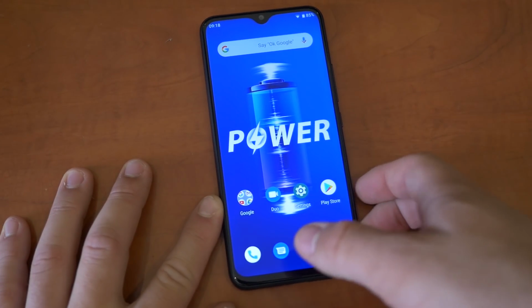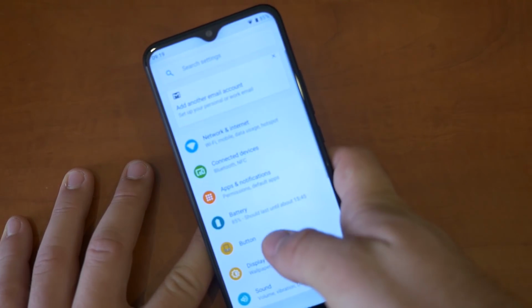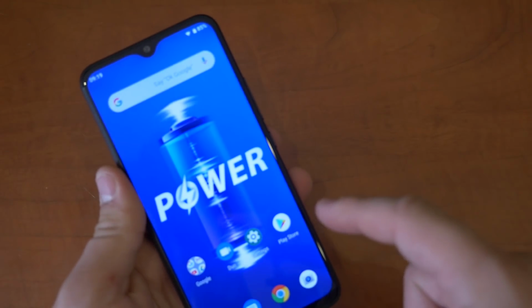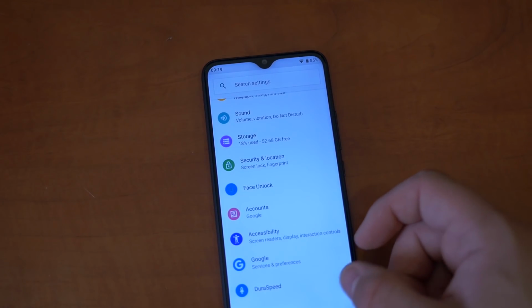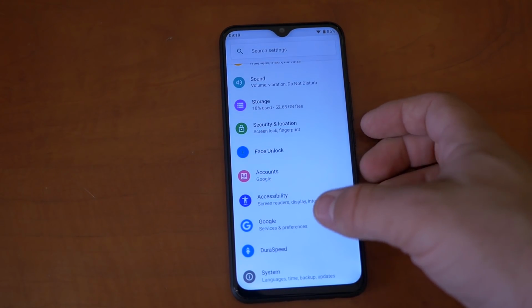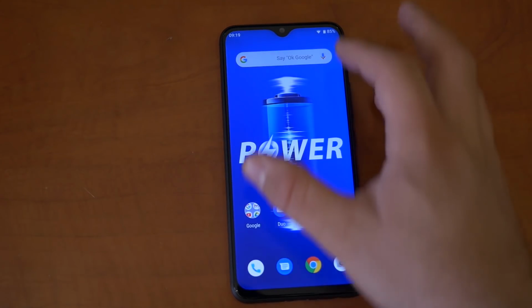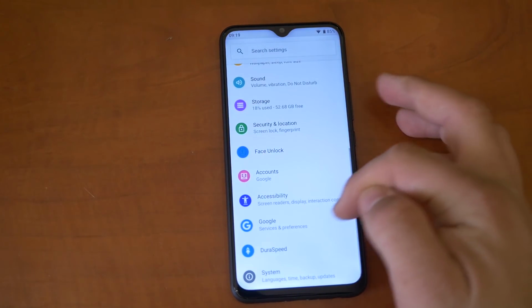So it's not OnePlus gestures, but these are still pretty good gestures. So I'm going to be using them. I'm going to be using these gestures also because I like gestures more. And you also get way more screen real estate as well. So the phone did update. It did update automatically. So right now, if you go to settings